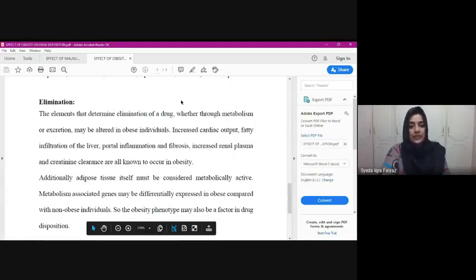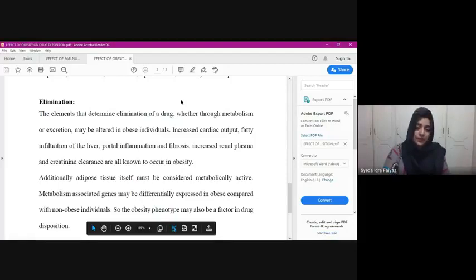Increased cardiac output, fatty infiltration of liver, portal inflammation and fibrosis, increased renal plasma, and creatinine clearance are all known to occur in obesity. So, if a person is obese, there's going to be a high cardiac output. It is most likely that they're going to suffer from fatty liver. There's going to be a portal inflammation, and in females, and males as well, it leads to fibrosis, increased renal plasma. And the plasma in the renal will be increased, and creatinine clearance